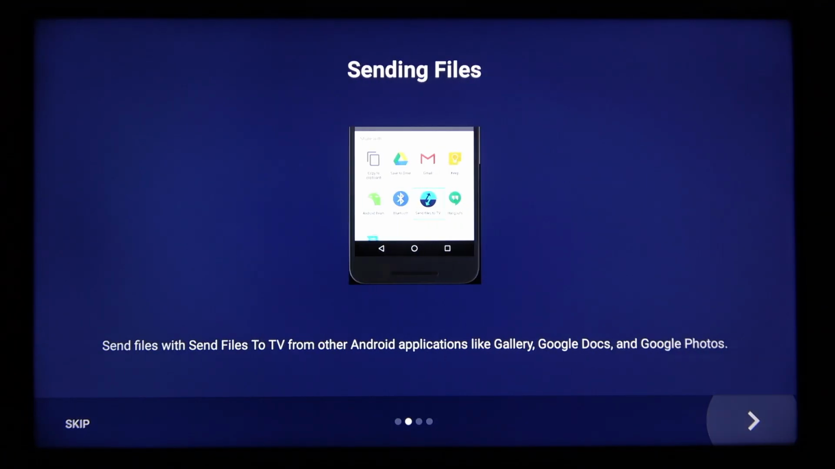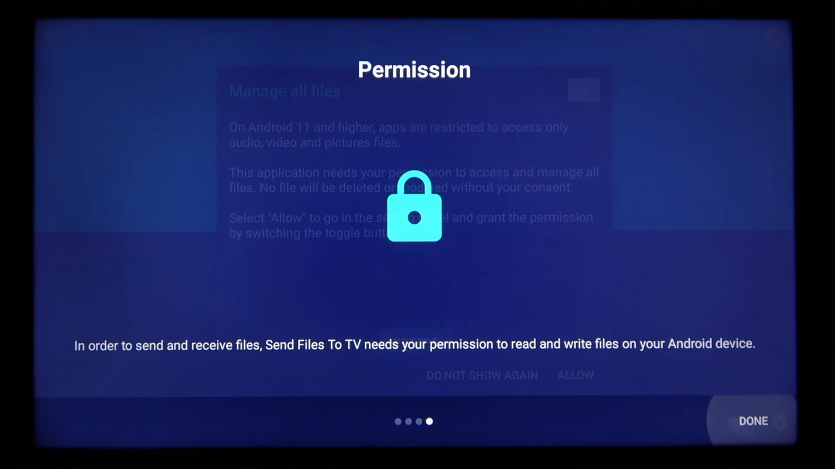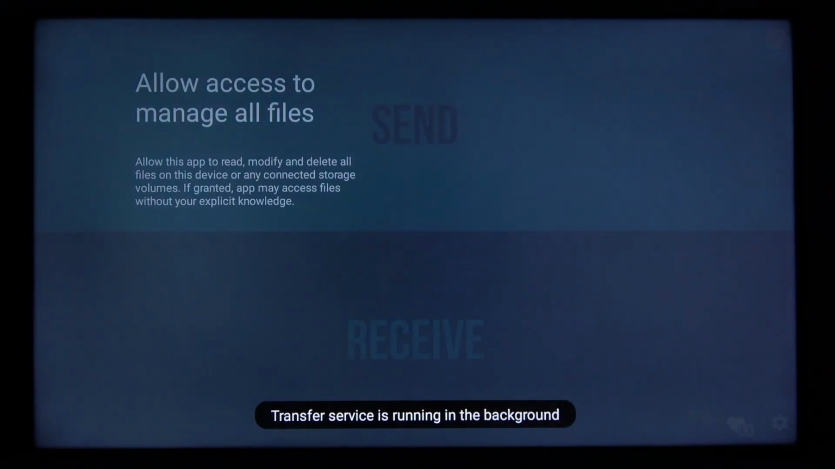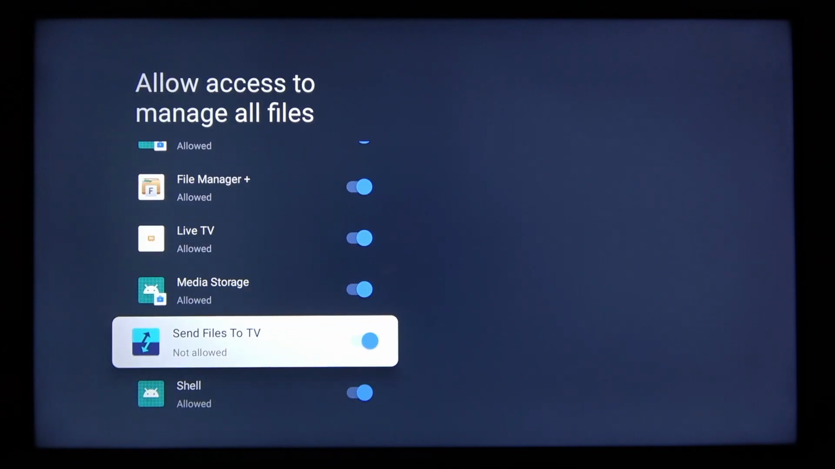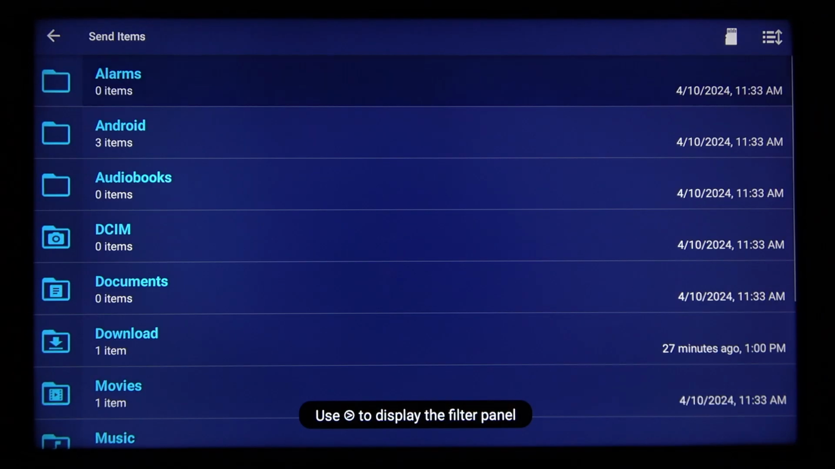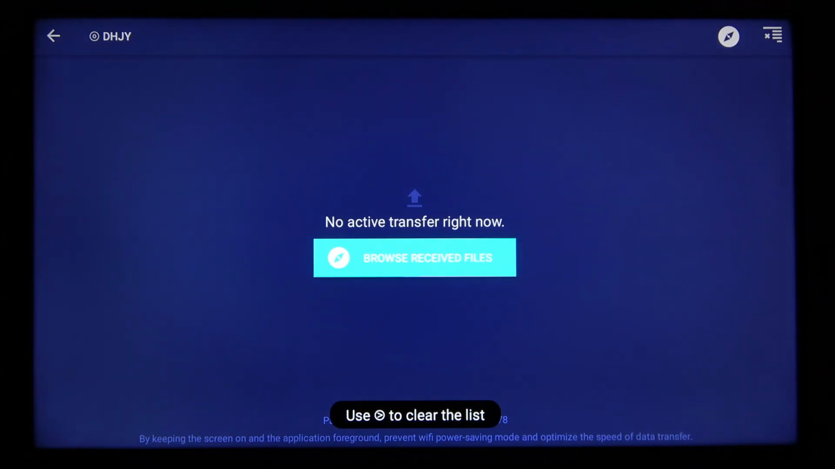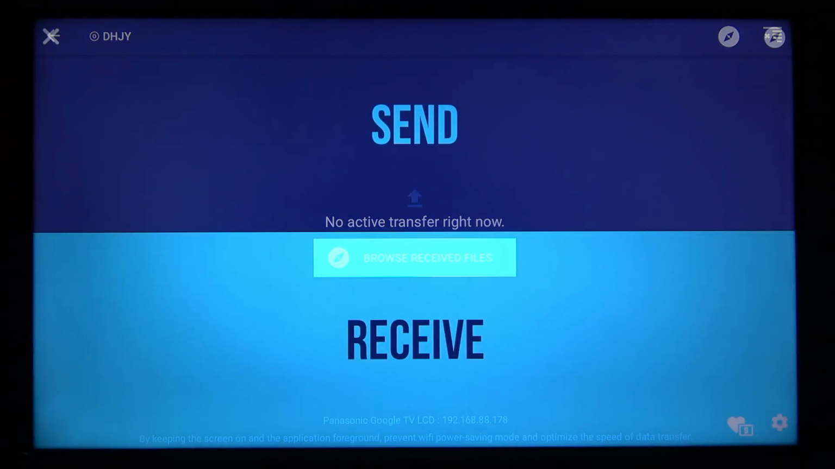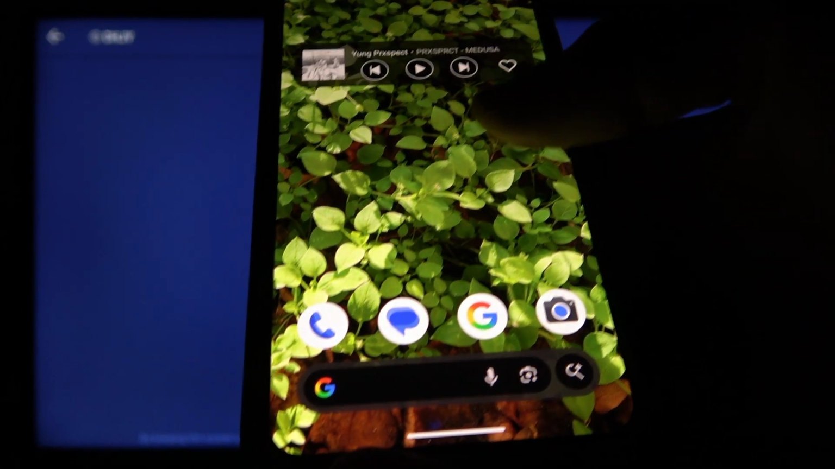And in this application, tap next, next, next, and give it a permission for media. Select allow. Then switch the toggle to the right next to this app. Then you can go back, and then you'll have two options: either send files or receive. So if you select receive, you'll be able to start receiving files from your phone, and yeah, by the way, this application only works on